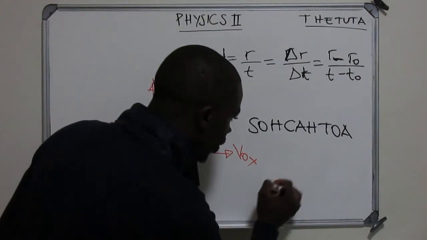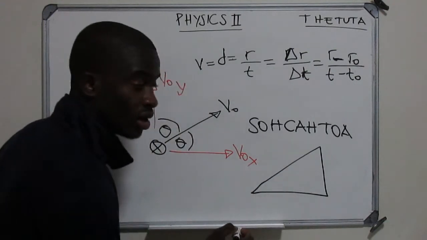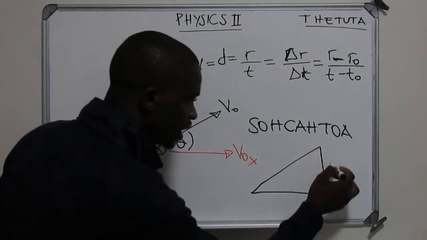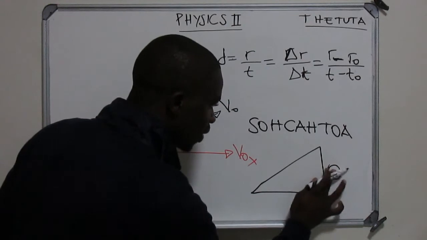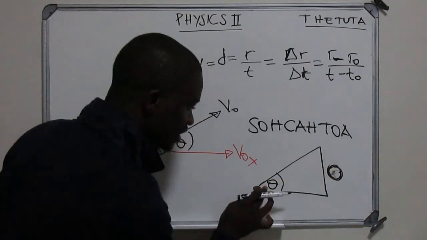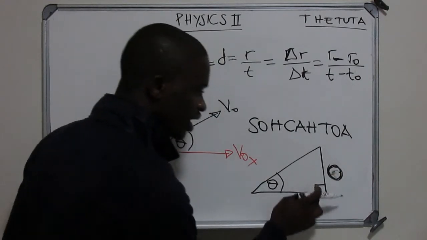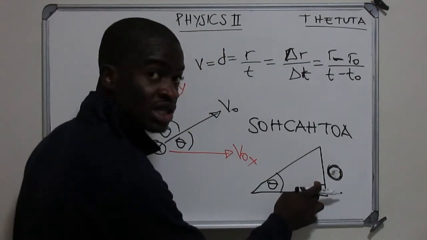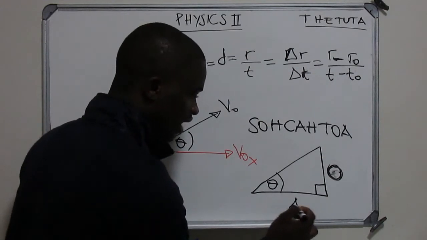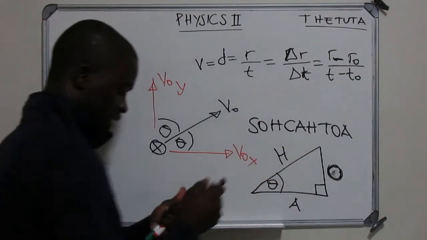Let's say we're given a right angle triangle. This, we know, is the opposite side to the angle. This is our angle, opposite to the angle, and we always make sure that we have a 90 degrees there. This is just a revision. We have our adjacent to the angle, and then we have our hypotenuse.